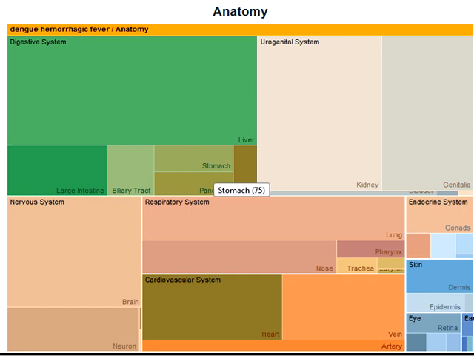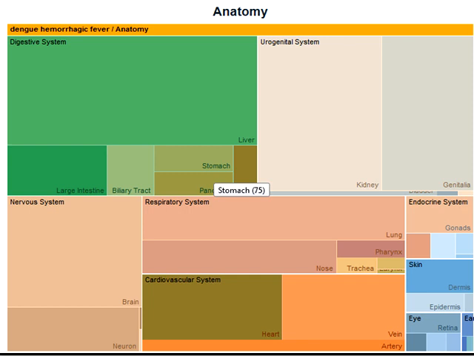Each of the largest anatomical parts, when clicked, will give you a further split-up of articles. For example, here it is the digestive system.